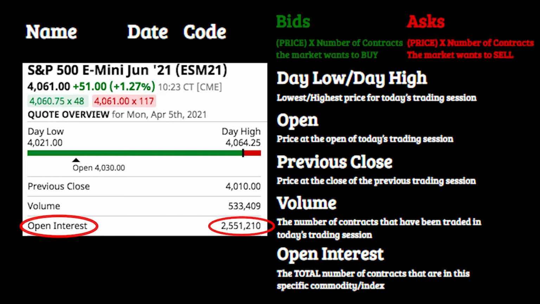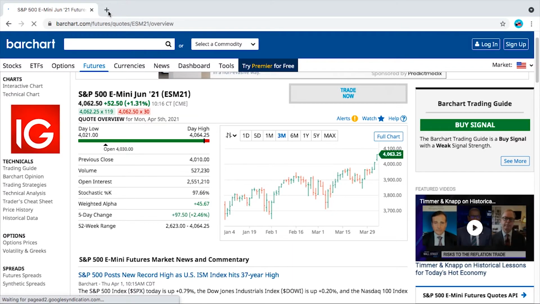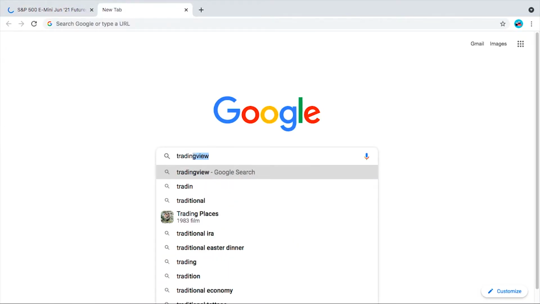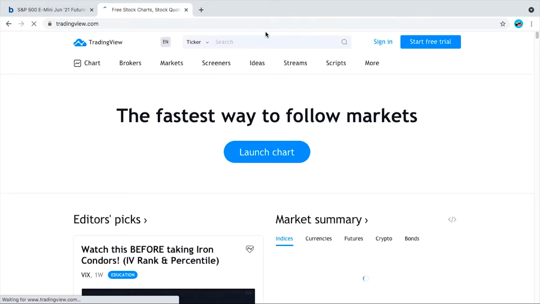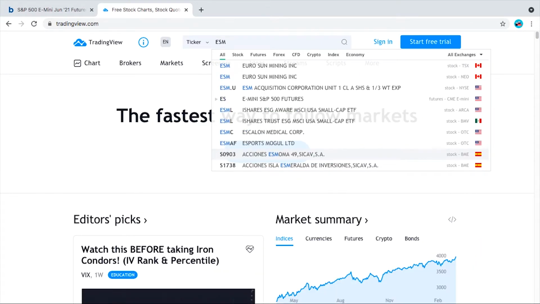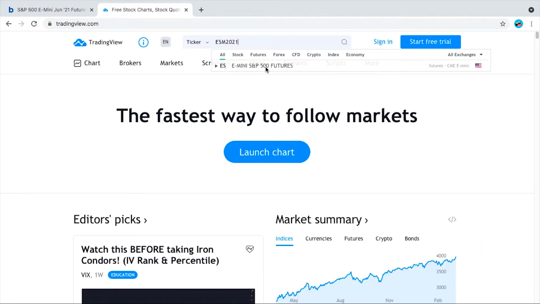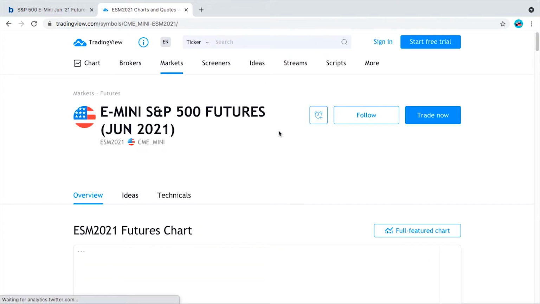All right, now we know how to read futures quotes. So what we're going to do is put some big boy pants on and head over to some charts. Let's open up a new tab right here, and we're going to Google TradingView. This is a good website with free charts. So let's look up our ticker, ESM 2021, and you can see here that it gives us the chart for